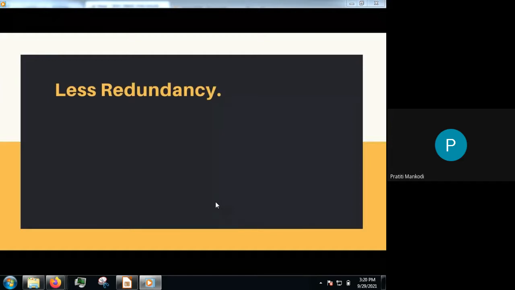Now, what was the deletion anomaly? When we delete something from a table, unknowingly we are deleting the other piece of information also. So here, if I delete all the students, I still have the information of the CSE HOD, right? I am still having it. So deletion anomaly is reduced. Updation anomaly: if I'm updating the phone number, if I'm updating the HOD, whatever I'm doing, that change will be reflected everywhere. It will be affected, right?